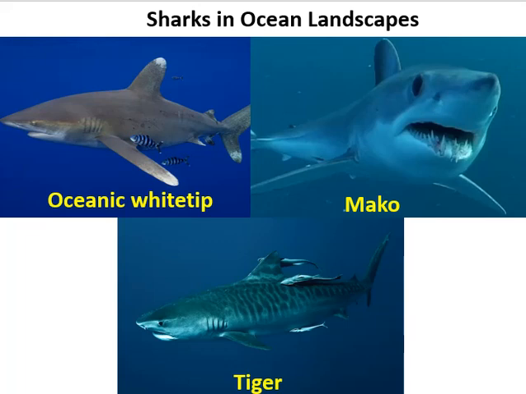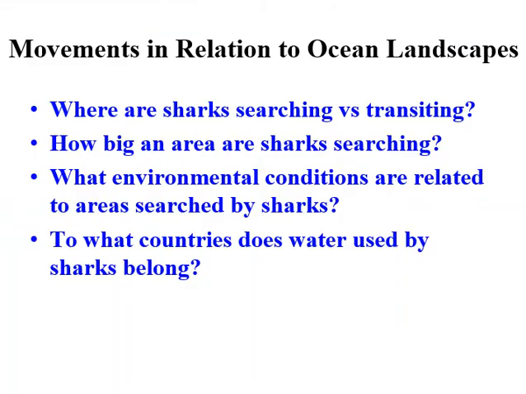But one of the points I want to illustrate is there are three different species with three different life history characteristics, three different types of prey and predators. And so it shouldn't be that surprising that these three sharks, even though they're in the same habitat, utilize this habitat differently. They explore these landscapes. They respond to these patches in different ways, each one of these species.